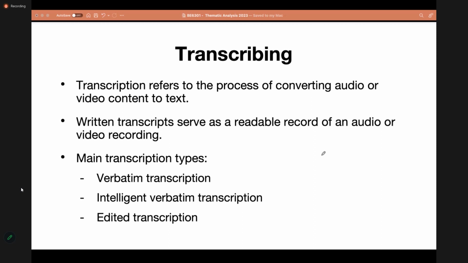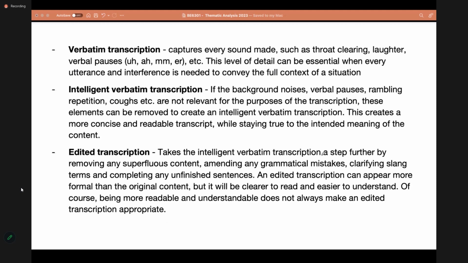And we can do these transcripts mainly in three different ways. We can carry out verbatim transcripts. Verbatim transcription means you try to capture every sound that was made during the interview. Say if your respondent takes a verbal pause, laughs, clears the throat, or there's a silence, all this information you transcribe.